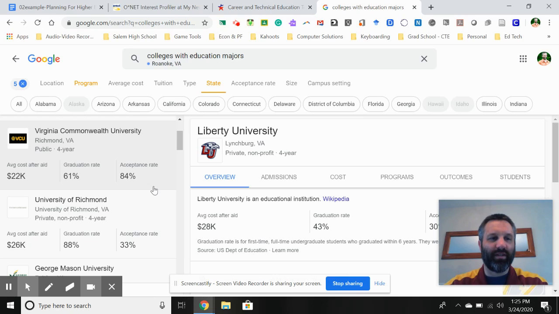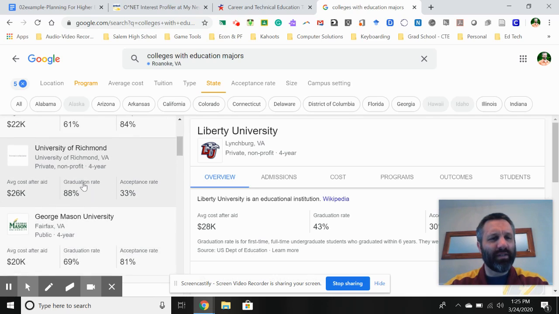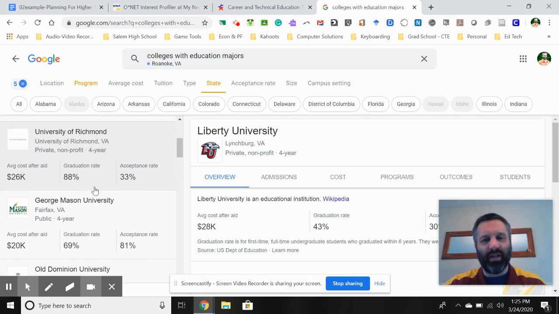So some little things here, we look at somebody like VCU, they have a pretty high acceptance rate and a better than middle of the road graduation rate. So that means you have a pretty good chance of getting in. You probably are going to do the research to know that your GPA and SAT scores and all those things match what they have. And you have about two-thirds of the chance of finishing that in five years or so. And you'll see some schools like University of Richmond, if we had UVA and William & Mary on here, which we don't for some reason,